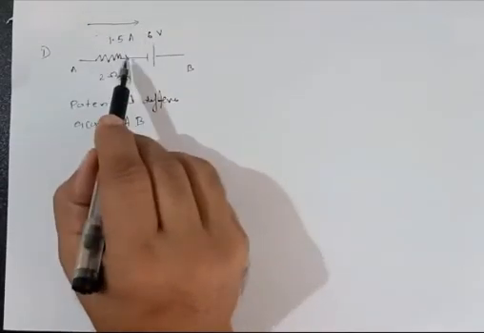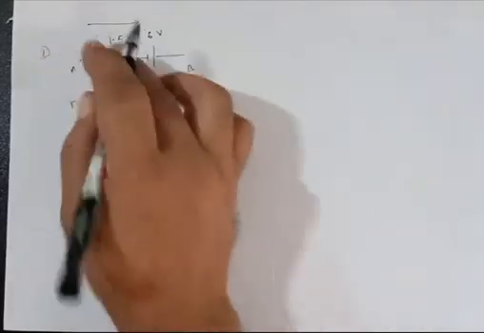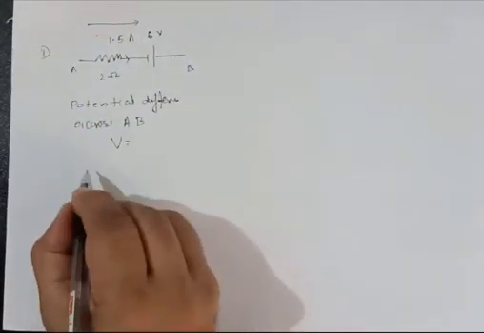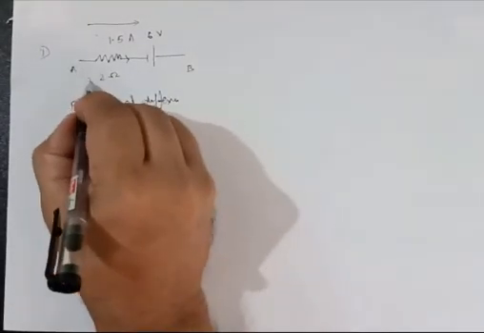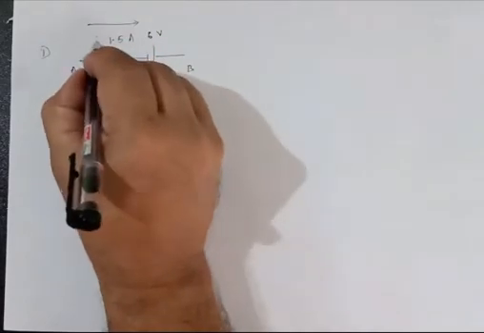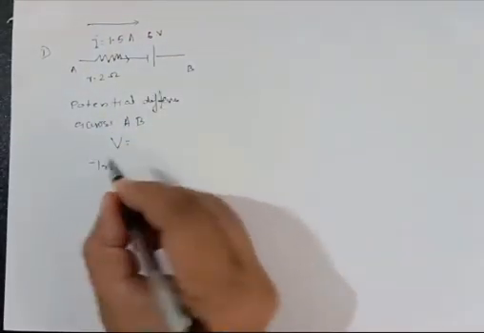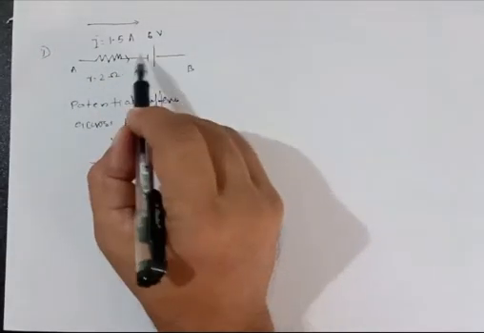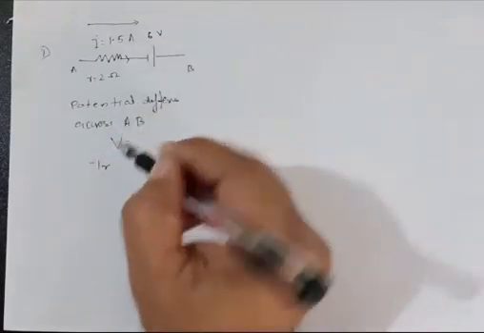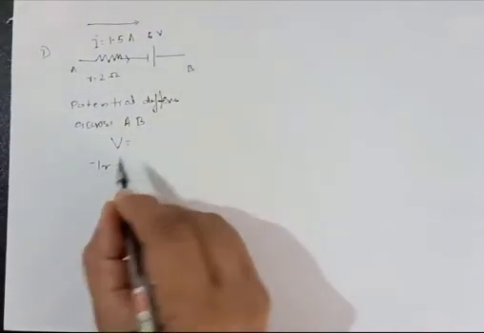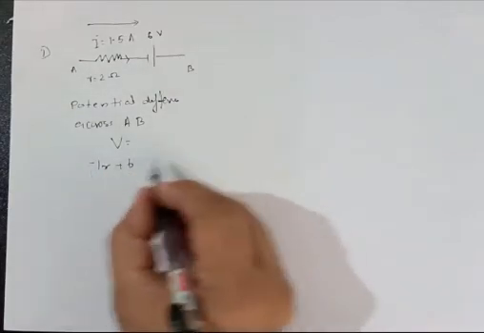So here you will get minus IR, because this is R and this is I, and as we cross from here to here, the destination is positive, so that will be plus 6, the potential difference between